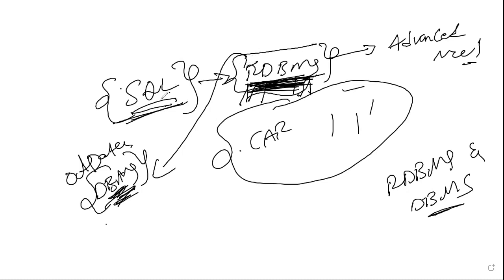SQL server follows all of the rules and regulations of RDBMS. This is an advanced model. Before that, there was one more database model called DBMS. This DBMS is an outdated one. The recent one is RDBMS, which is an updated one. Before learning about RDBMS, first of all, we learn about DBMS. What are the disadvantages and advantages we have? Why are we not considering DBMS, and why are we considering RDBMS? These are the things we are going to discuss today.